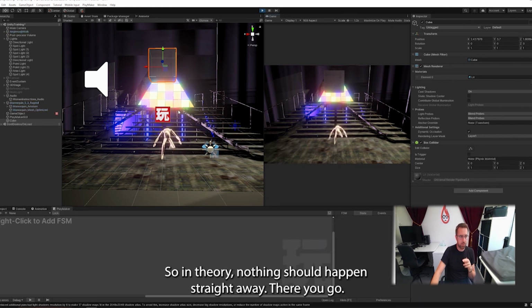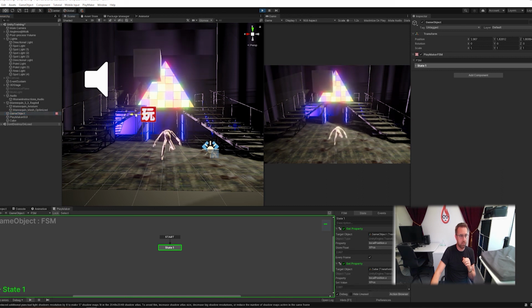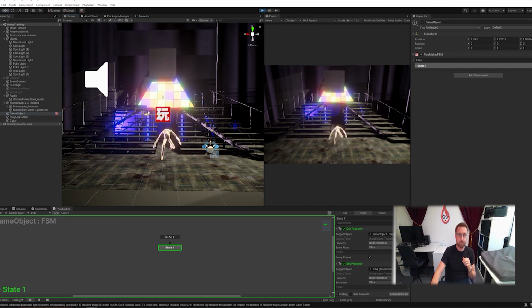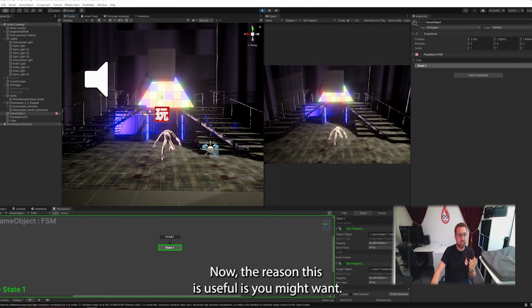So in theory, nothing should happen straight away. There we go. Now if I grab my game object, which is my Playmaker gizmo, as I move it, do you see that cube's moving with it? Cool, eh? So it's moving that object around. Now the reason this is useful is you might want to